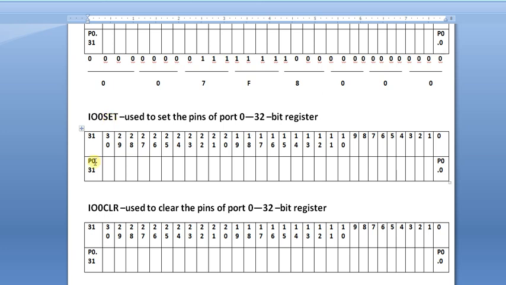What is the set register? The IO not set register is used to set the pin. Set is used to set or reset. For example, if I want to set the 21st bit, P 0.21 equal to high, then with IO not set I want to set P 0.21 equal to 1, and obviously it will set that only in the 21st bit,